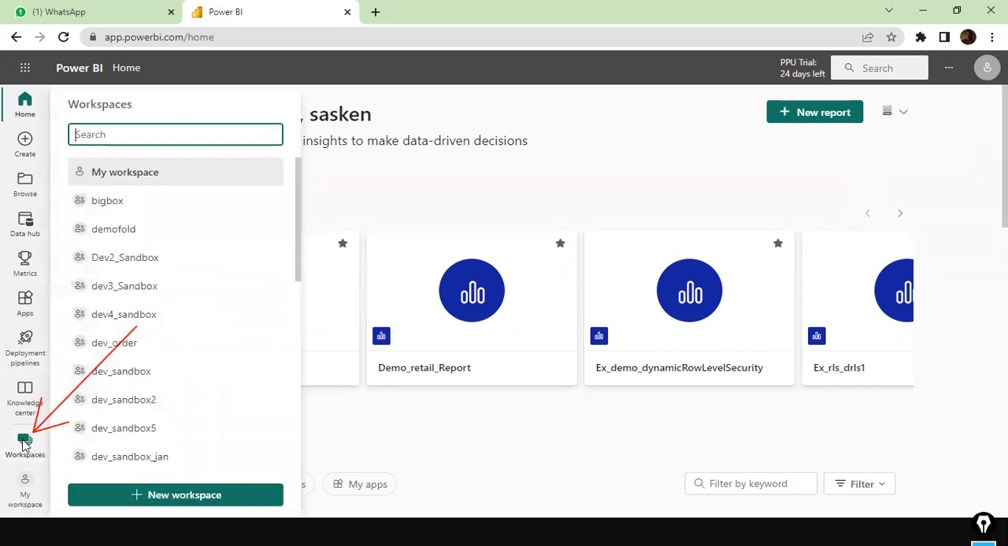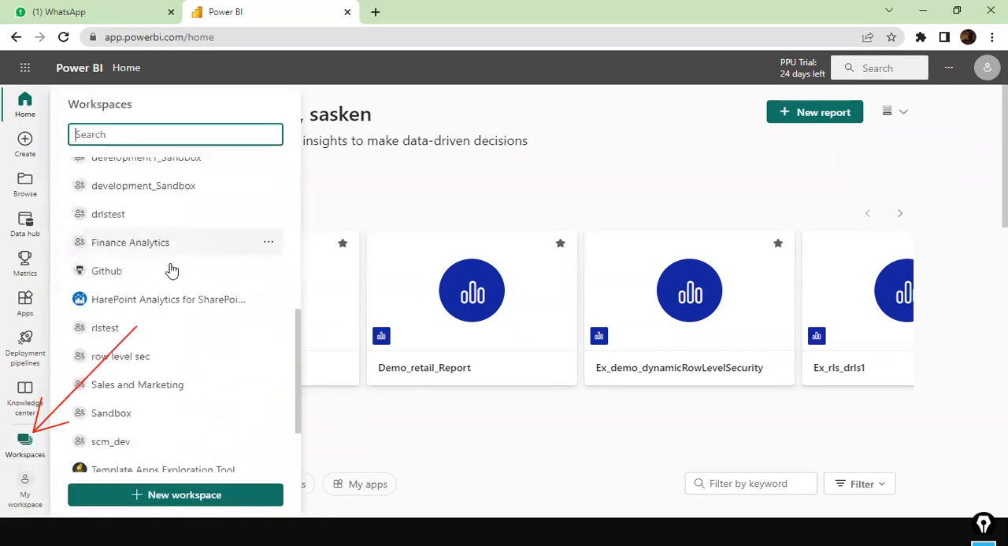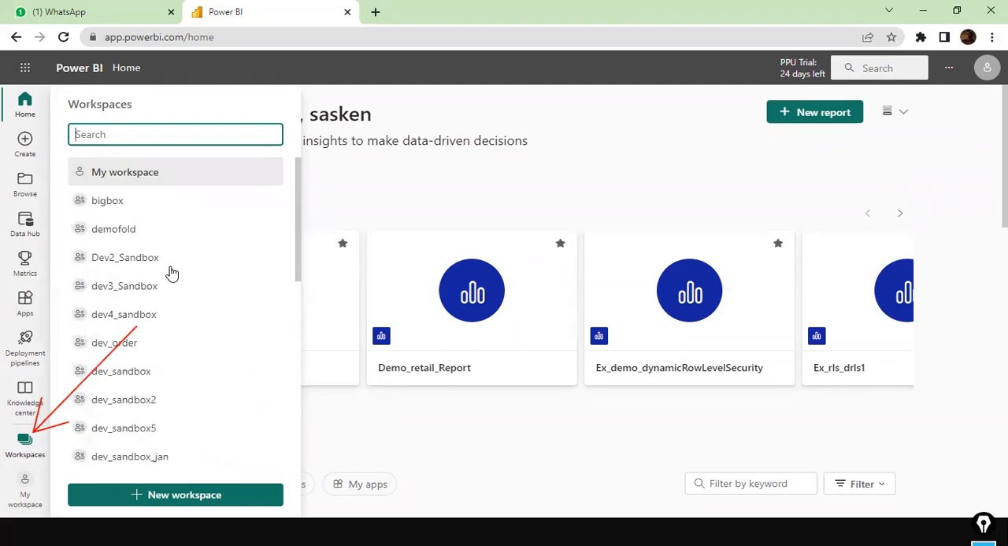When you click on the workspace, you will find various workspace folders. These are called folders. Just think about the Windows folders. Something like, I want to publish the report in the development folder. Once the development is done and the testing is fine, or if you have any bugs and you fix them, then it will be moved to your